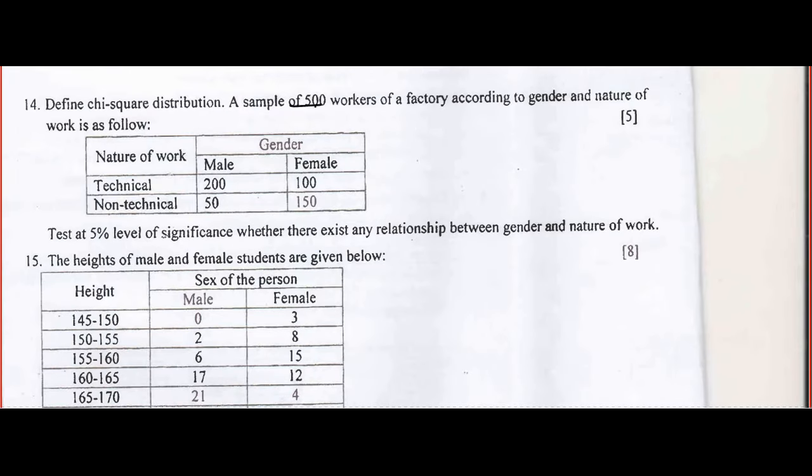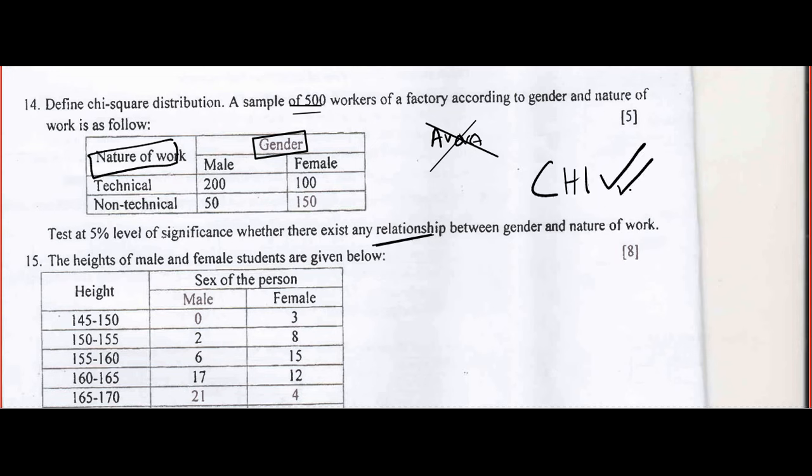Now this is interesting. So tell me, ANOVA or chi-squared? Come on, tell me please, ANOVA or chi-squared? No, not ANOVA, because they are asking whether there is any relationship. Is there any connection between the gender and nature of work? So it is chi-squared. Chi-squared, test of